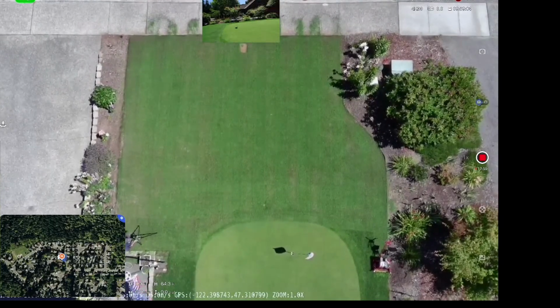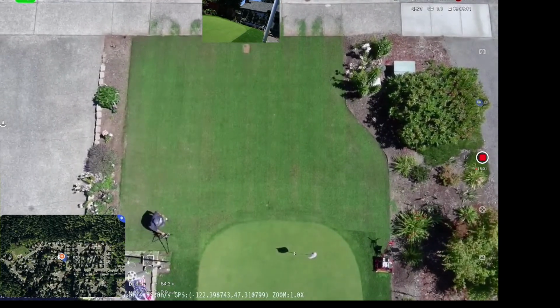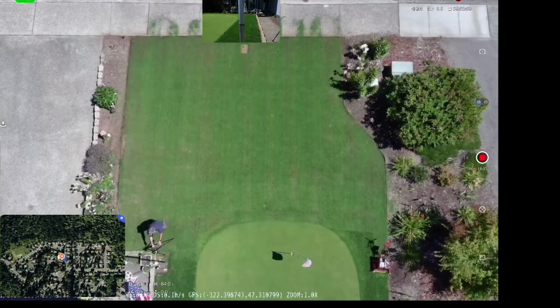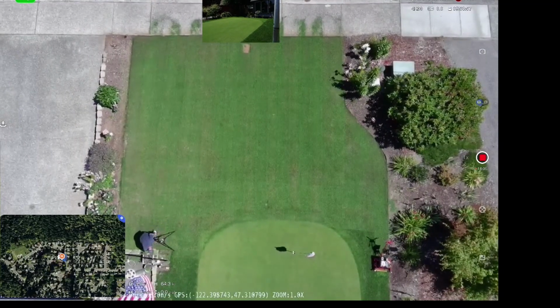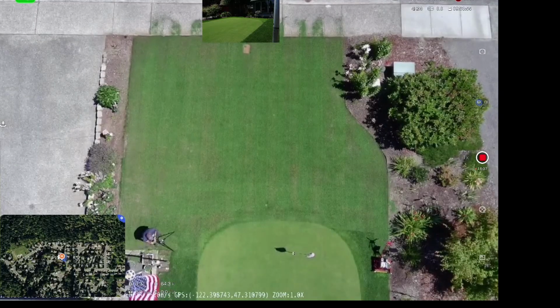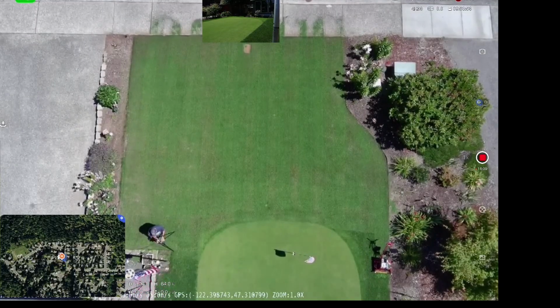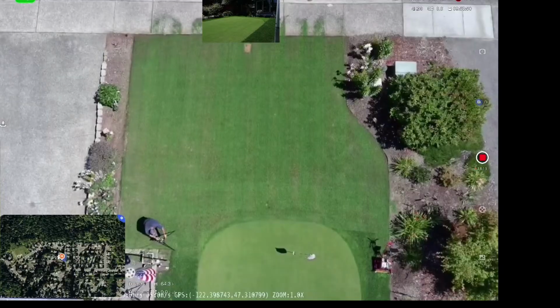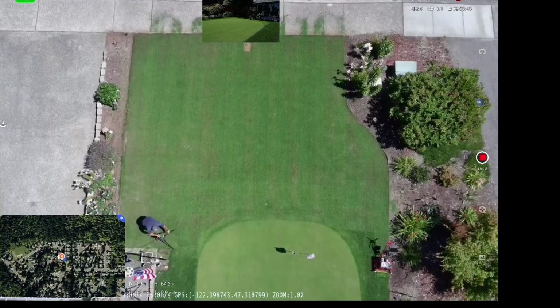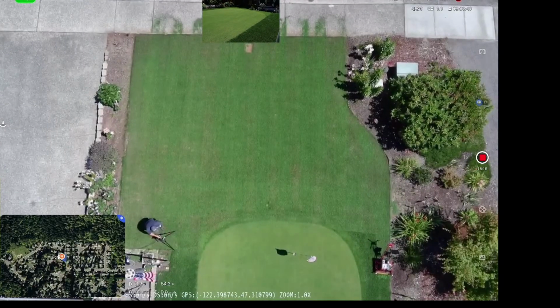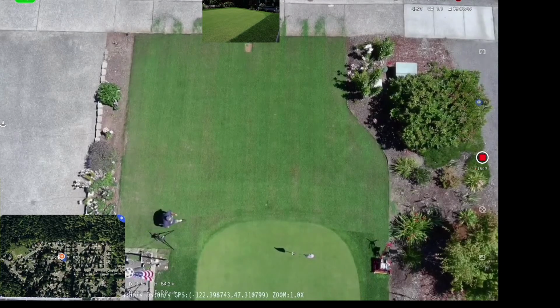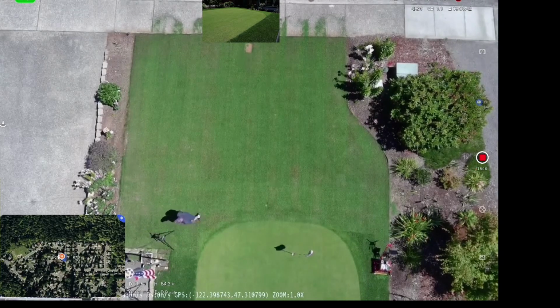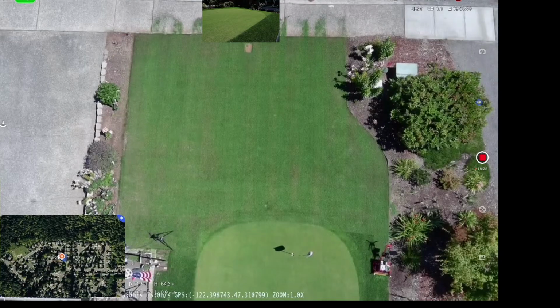Obviously this isn't going to work with me, so whatever. Like I said, I do this stuff live, and I have to deal with whatever happens during the live. So I can't get this cover back there. So I'm going to move my drone over just a little bit.